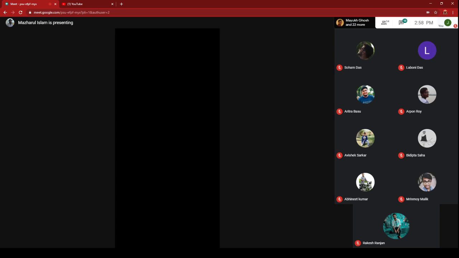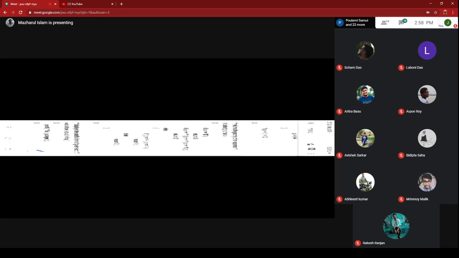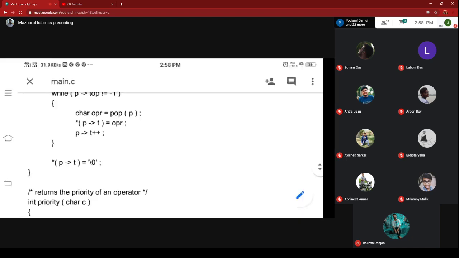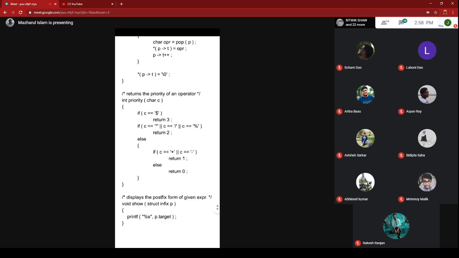And still, if you have any problem in understanding, on the internet or in many books there are many ways of implementation. You can go through those. No problem, but this is the basic logic I have explained. This is only the conversion of infix to postfix. A similar kind of algorithm exists for infix to prefix, and another algorithm for evaluation of the postfix expression. For that you have to write the function or program, and also evaluation of the prefix expression.